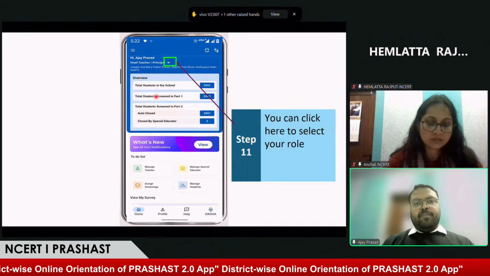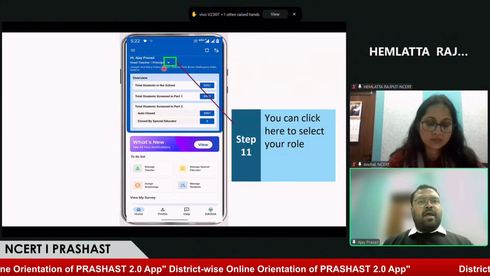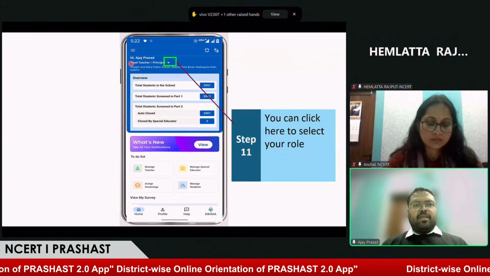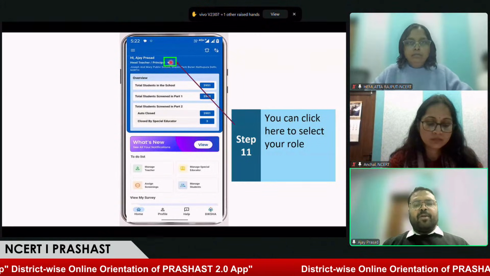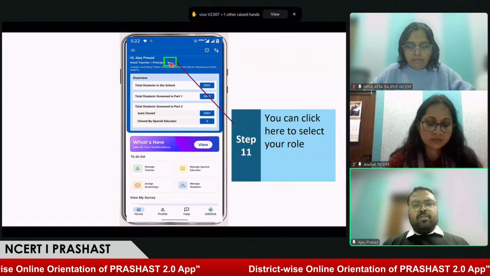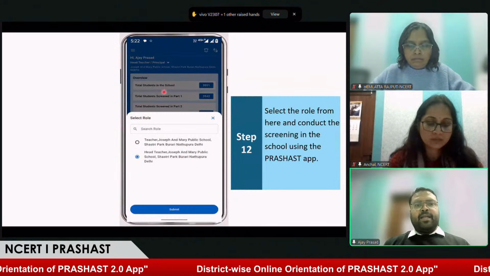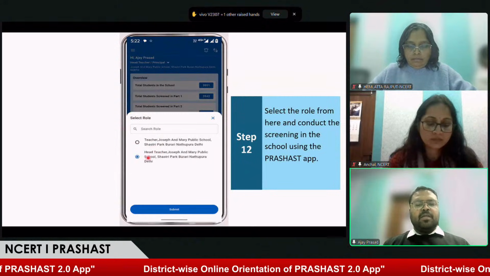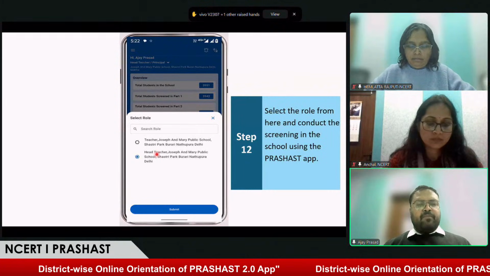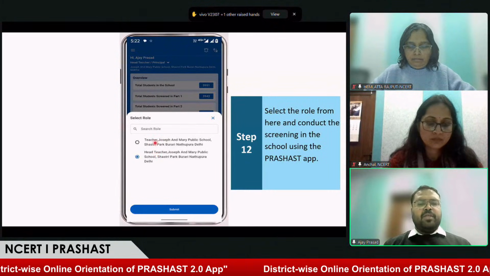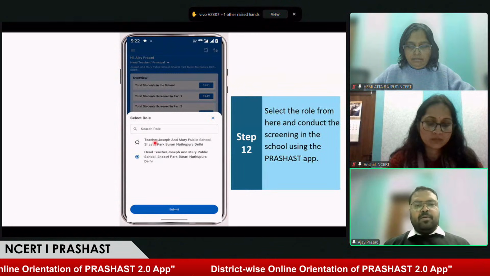We can see the name is here, the designation is here, and beside the designation there would be a drop down option. Once we click on this drop down option, we'll get access to different profiles. As a head teacher, I can assign a screening to myself, and after the screening has been assigned, I can go to teacher and conduct the screening of the school.